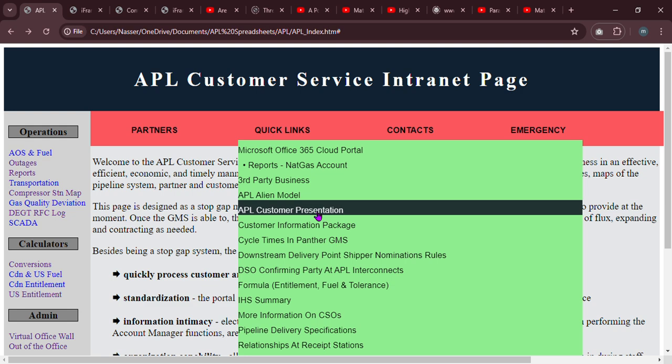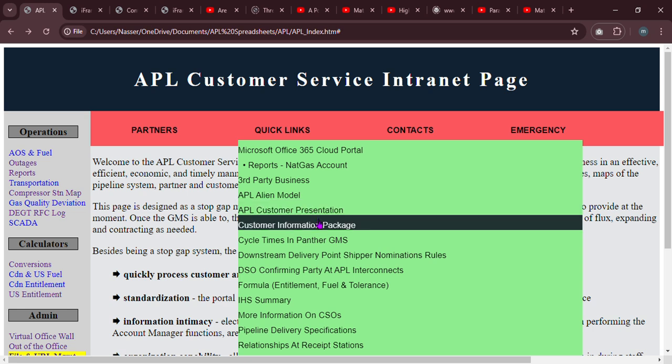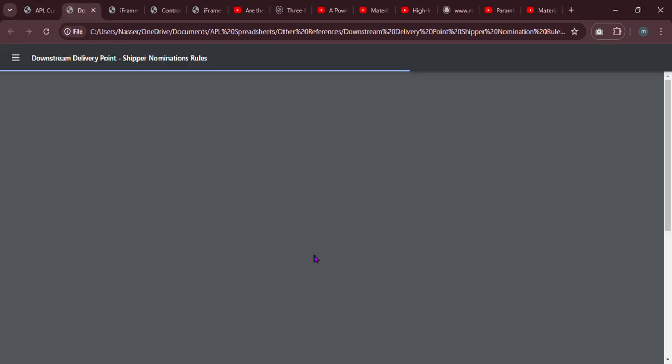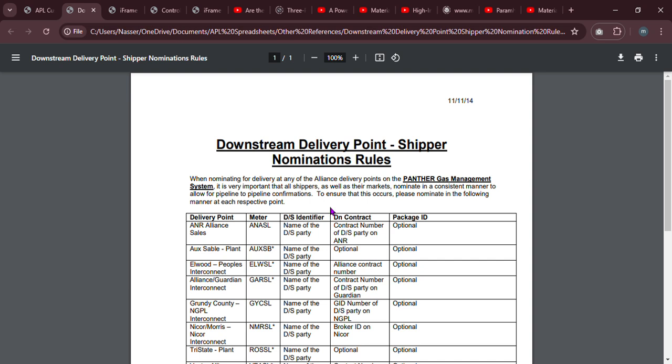So these are basically documents that we don't normally look at, but in talking with customers, things will pop up. For instance, there are rules of how to do something at a delivery point. If we click there and a customer asks us, the PDF document opens up. I've got the document here, and I can break down what the customer should do or not do. When we go back